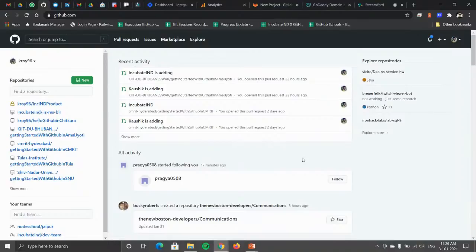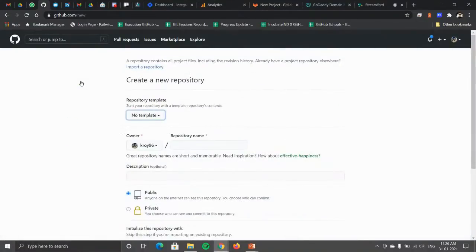The next thing we need to understand is how to create a repository, because repository is the name given to project folders or directories over here. To create a repository, once you log on to github.com, you land on a screen like this, where on the left hand pane you will find a button known as new. Once you click on new, you are redirected to a repository creation page,